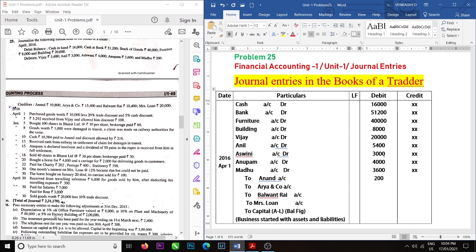Okay. Anand is creditor, liability 10,800. Arya and Co 15,400. Balwant Rai 10,400. Mrs. Loan